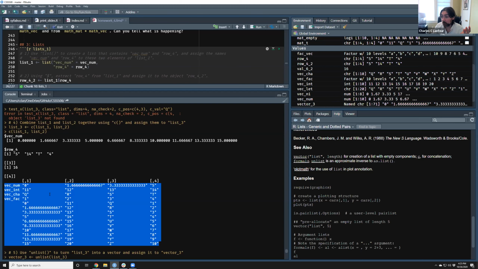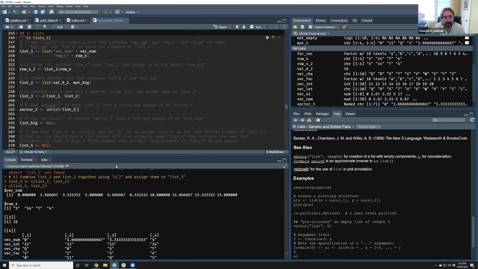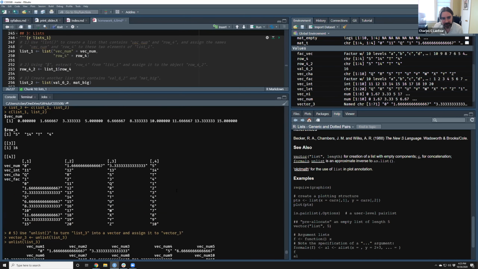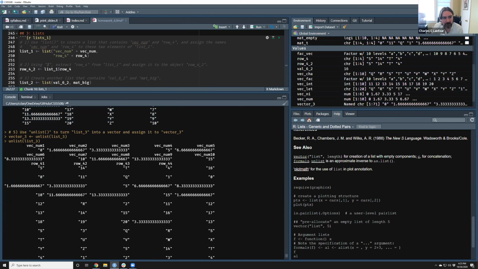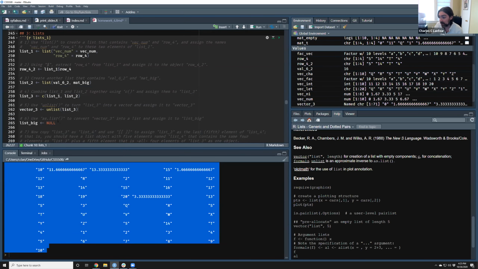Let's say you're doing something like working with Twitter data you've pulled down or something, which might come out in an interesting list. You may actually want to just concatenate all that data into one big vector for something like natural language processing or something. This is a more advanced thing, but every once in a while you just want to take something like this and digest it into one big vector. Okay, so the thing about that is, logically speaking, if using unlist turns this nice structured list into one big vector, what do you think will happen when I take this sort of unlisted list and I turn it back into a list using as.list? What's it going to look like? Is it going to reverse the operation I just did?